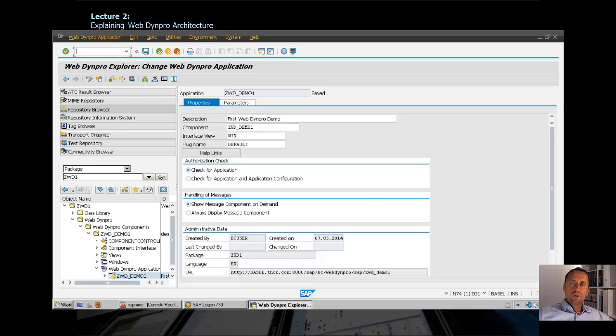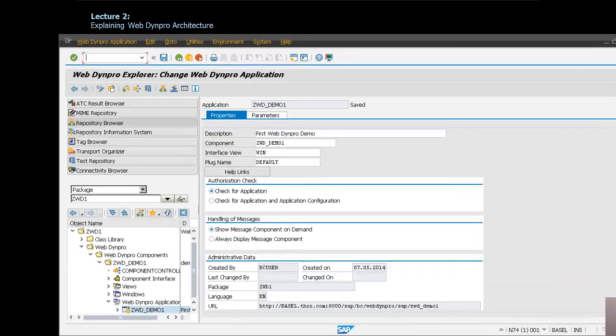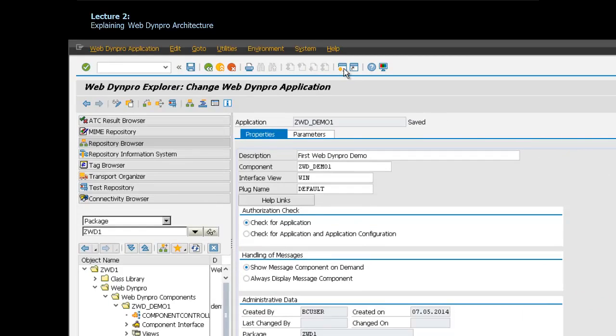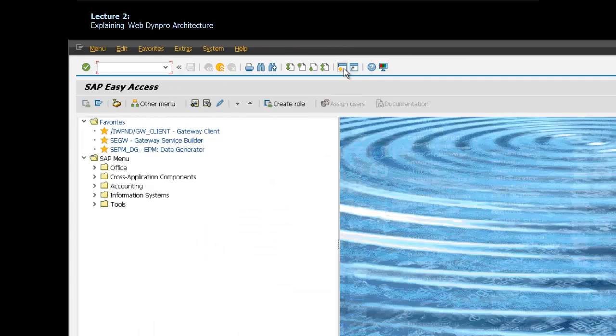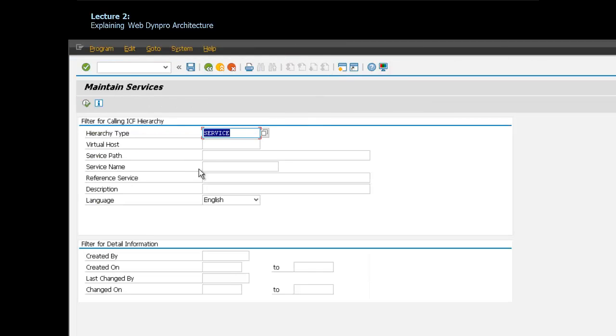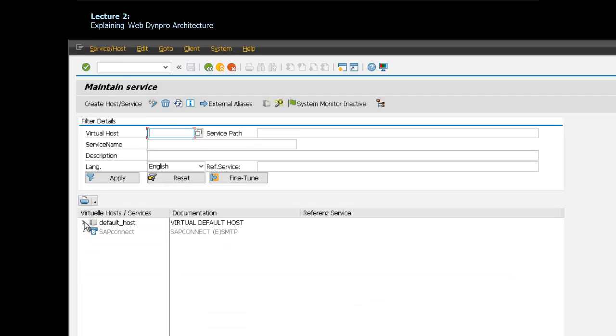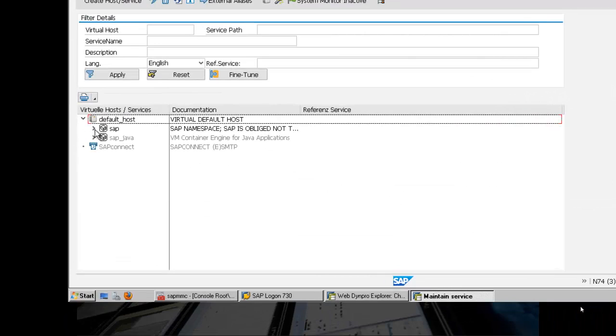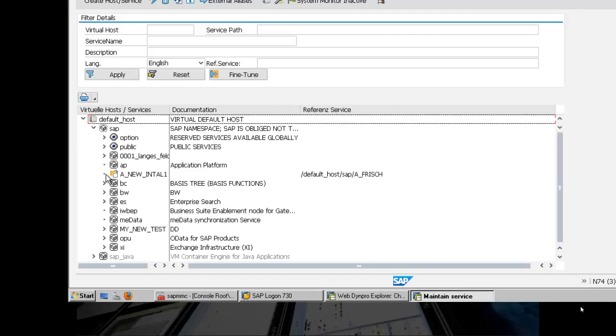Let me quickly show you where in transaction SICF you can see this Dynpro application now and can then deactivate or activate it. So we can, if we know our service name directly, type it in here. We know it, but I want to show you the hierarchy. So we execute, default host, SAP, BC,